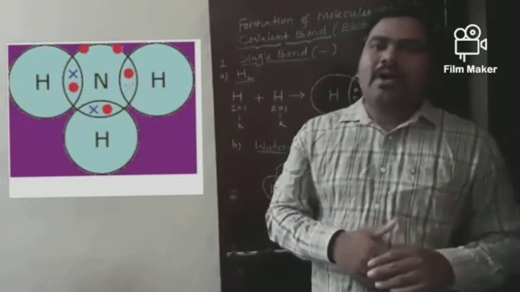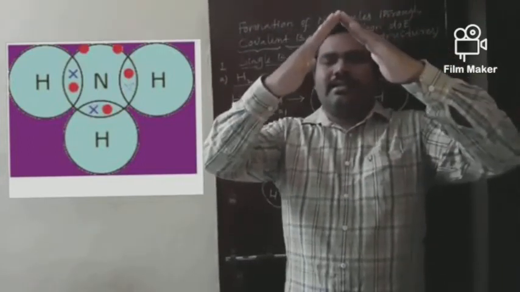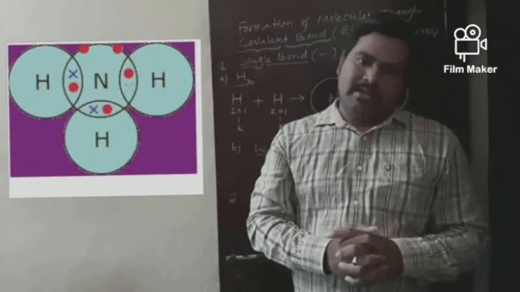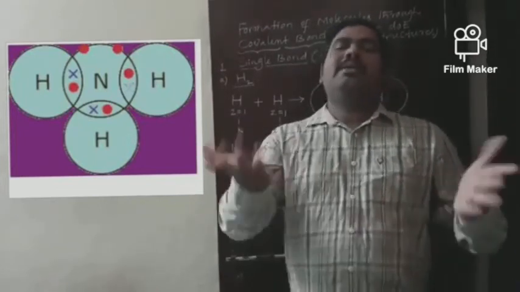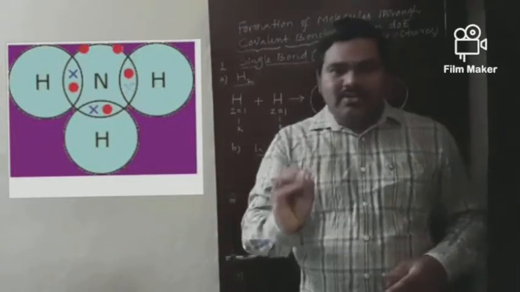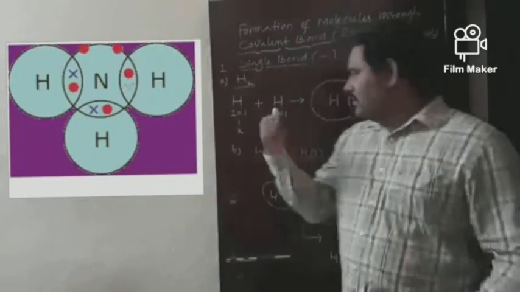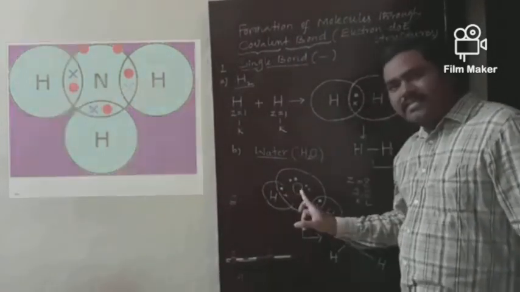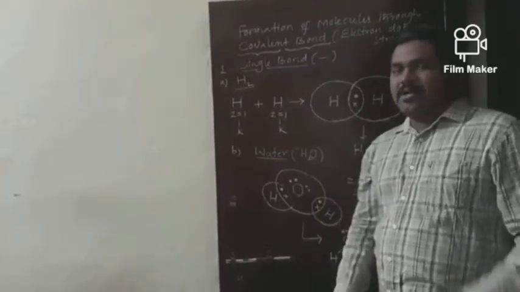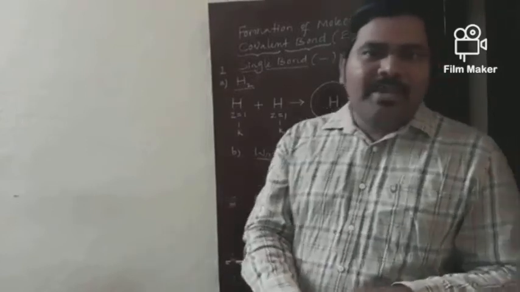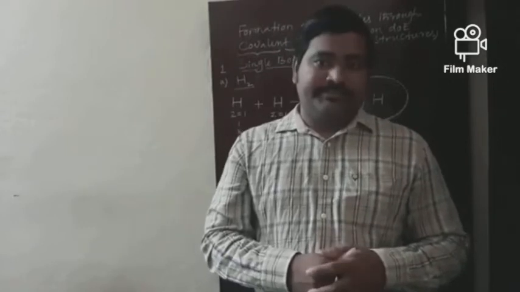The structure of the molecule seems to be pyramidal because the structure is like this. That's why the shape of the molecule is pyramidal. The nitrogen-hydrogen bond is a single bond. But after bond formation, nitrogen is left with 1 lone pair of electrons. In a water molecule, oxygen is left with 2 lone pairs of electrons. But just remember, this lone pair of electrons does not involve in any bond formation.